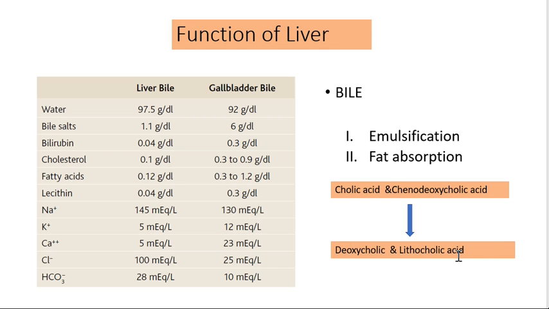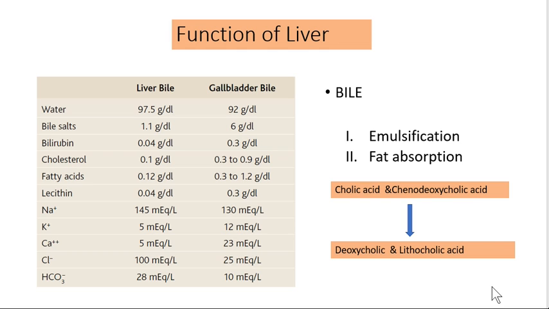And they actually have many more functions. If we talk about the human body, even stress management is a role of secondary bile acids. So there are a lot of functions, but here we are talking only about digestion and absorption. So you should know that secondary bile acids basically help in absorption. Primary bile acids are converted into secondary by colon bacteria.